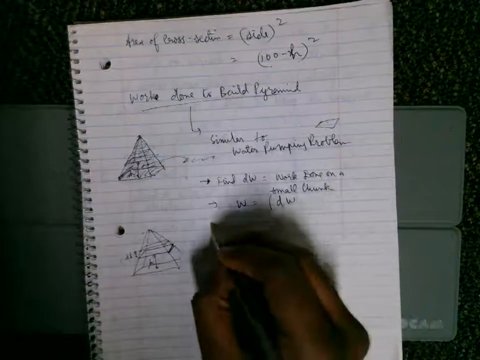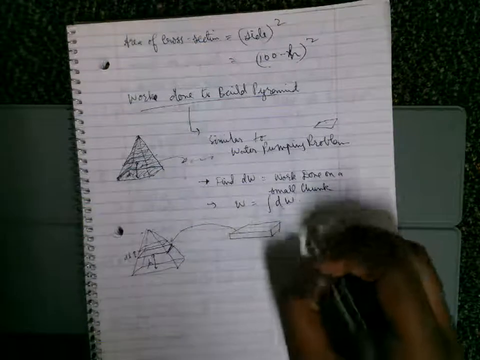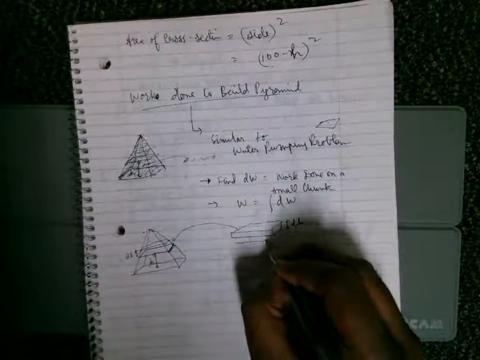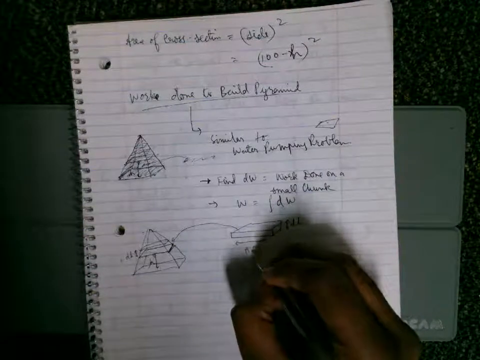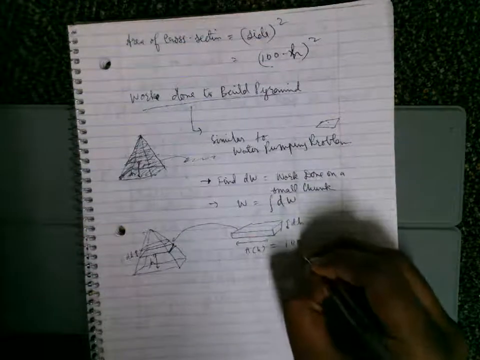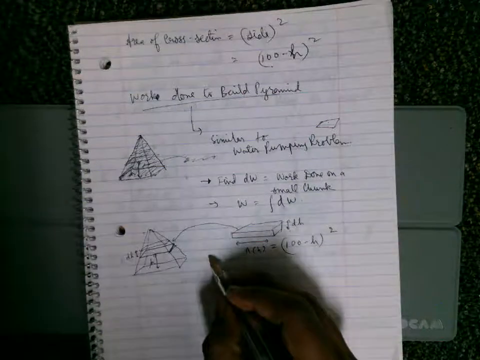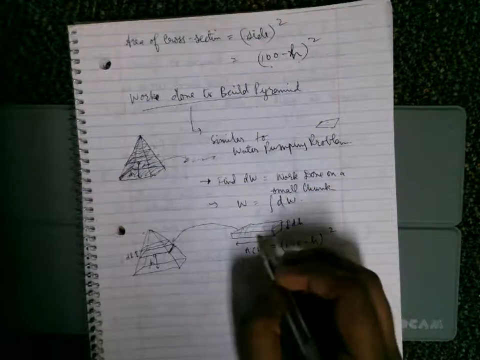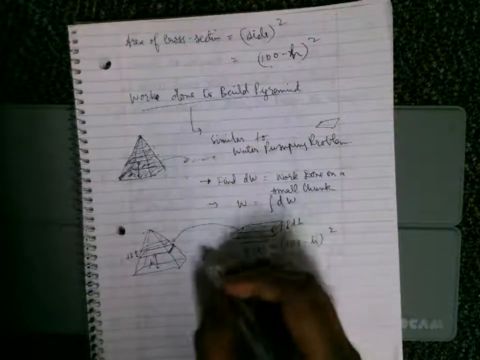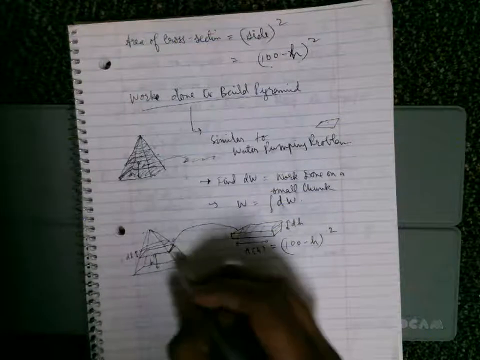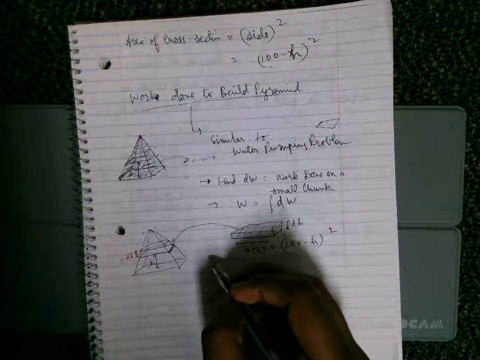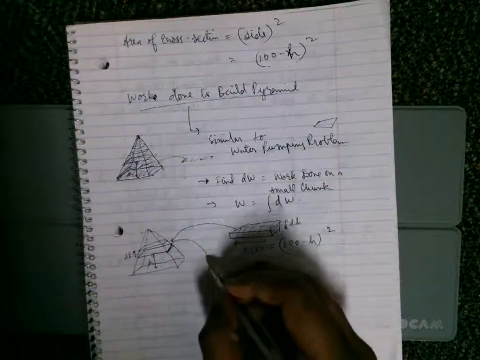This is the cube that we are placing here at height h. It has height dh. Its area of cross section is a function of h, which we have already found out: (100 minus h) whole squared. Now you have built this stone, this rock of the appropriate dimension, so that it can fit on the top of this. And you would of course lift it from the ground and put it here, right?